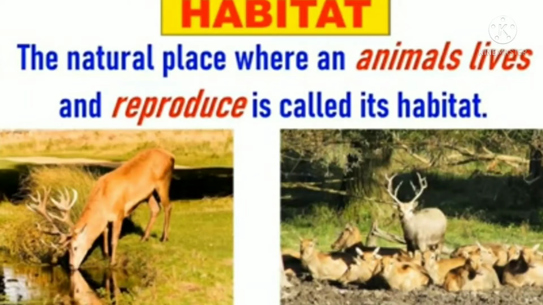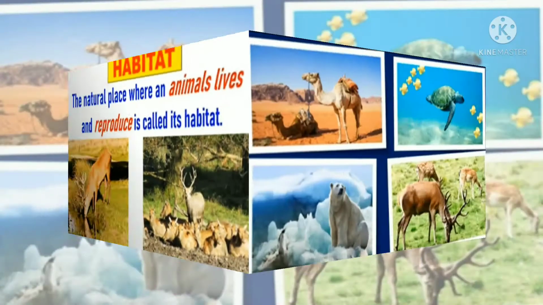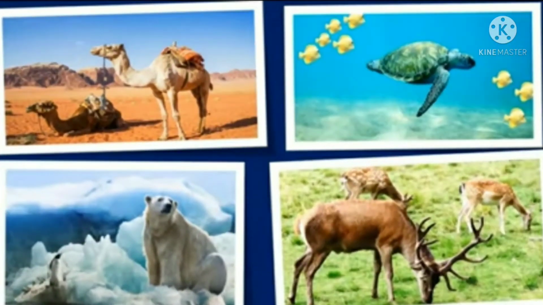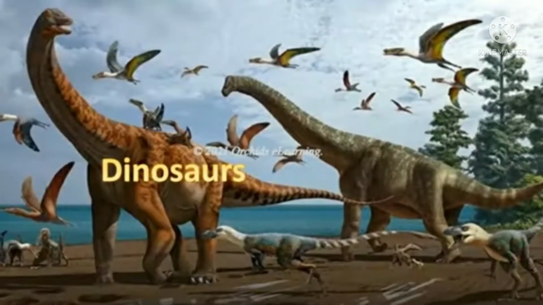We all know all the areas are not comfort zones, isn't it? So, the animals have some special features that make them live comfortably, which also helps them to survive in their environment. Those animals that cannot adapt to the changes in their environment become extinct, that is slowly die out. For example, we can say dinosaurs. Okay.